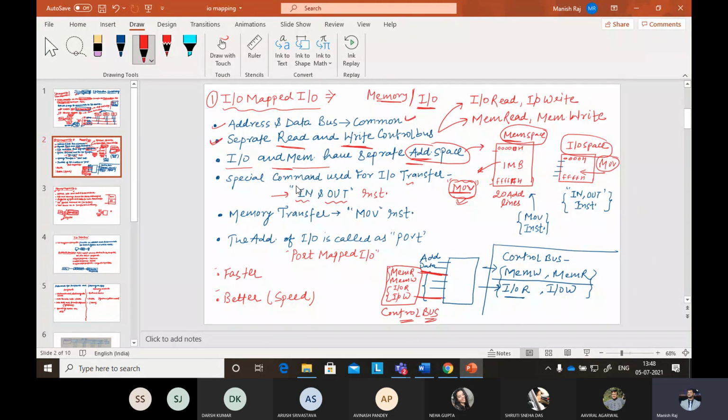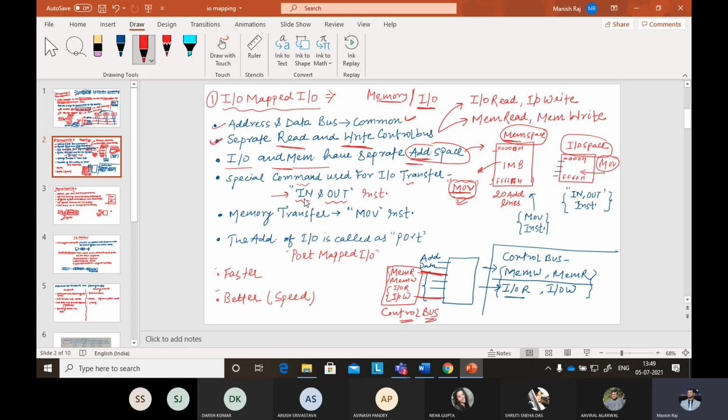And if you want to give some data, now I will tell you, IO devices can be used in three ways: as an input, as an output, or as input output as well. Both things, one device can be used as an input as well as an output. So in means you are providing some data, out means you are taking some data.